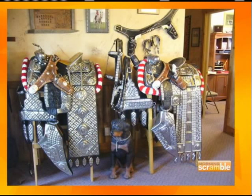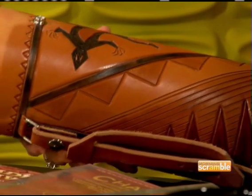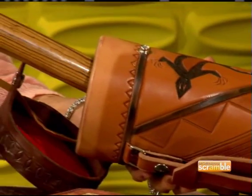This is a case for a flute. For flutes. I play the Native American flute. I have quite a number of them. I've been fortunate. I know some of the best flute makers in the country. And there's something in there. Yes, indeed. There's one of the Native American flutes from a man in California who's one of the best known